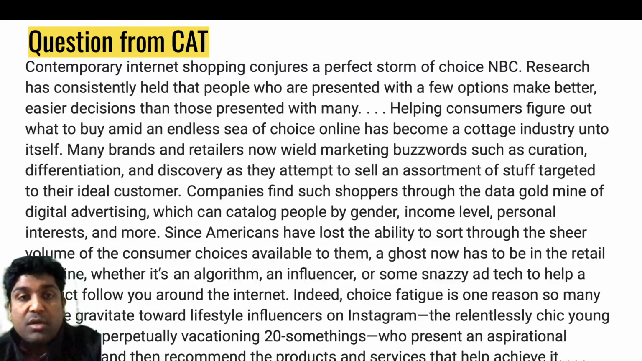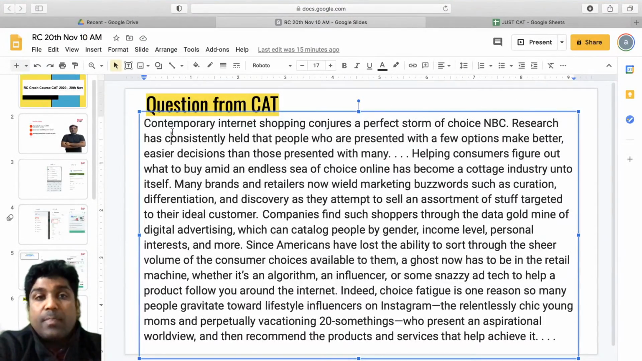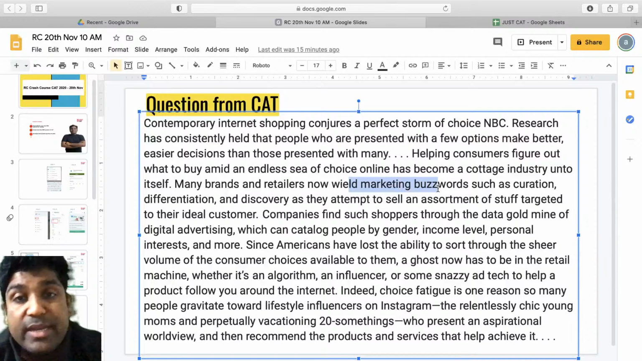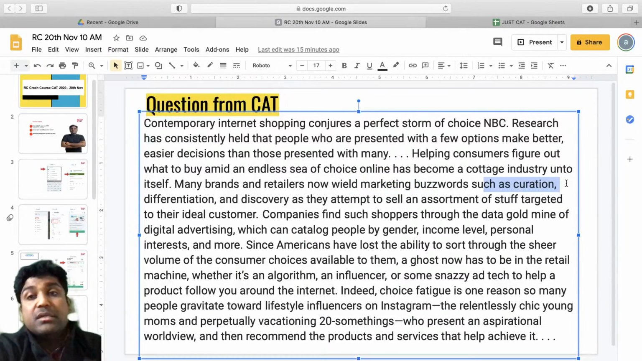So let's try and solve an RC here. It says that contemporary internet shopping conjures a perfect storm of choice. Research has consistently held that people who are presented with a few options make better, easier decisions than those presented with many. Helping consumers figure out what to buy amid an endless sea of choices online has become a cottage industry unto itself. Many brands and retailers now wield marketing buzzwords such as curation, differentiation, and discovery